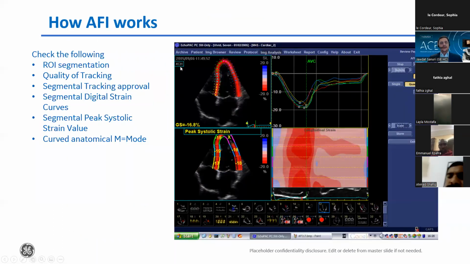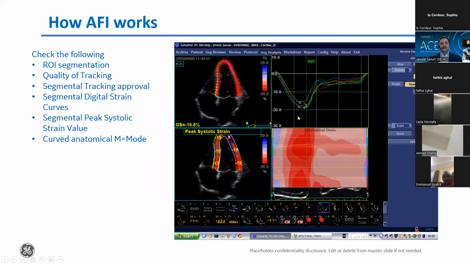This is an example of during the process of doing AFI, automated functional imaging. Here we have a 4-chamber view. So the region of interest is drawn, the segmentation is done, the peak systolic value for the strain curve of each one of them is given. Peak systolic, meaning this is why you can see the aortic valve closure. It means anything that is beyond the aortic valve closure is not considered as part of the peak systolic, because we are assessing the global longitudinal strain, of course,